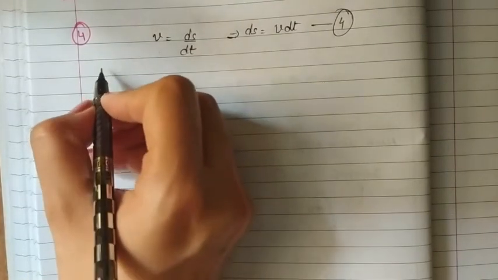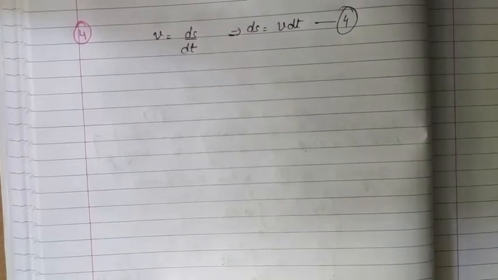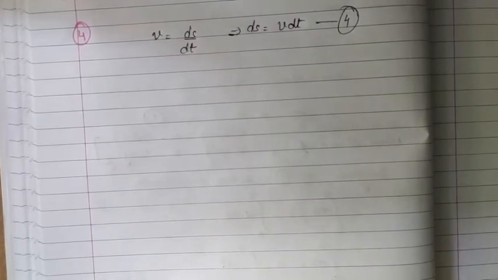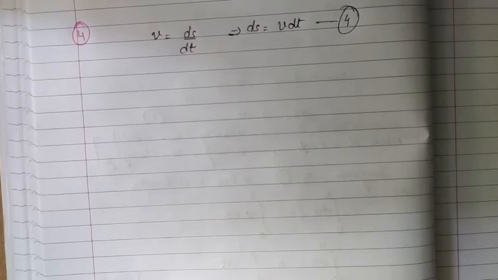Initially, in case of the second equation, we take limits for time from 0 to t, because we want to find the distance traveled in time t. From 0 start होकर t तक का time हमें calculate करना था. But in this fourth equation we want to find the distance traveled in a particular nth second. So that means we want to find the distance between n minus 1 and nth second.